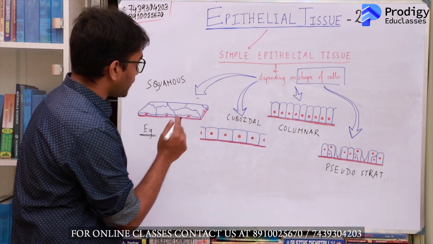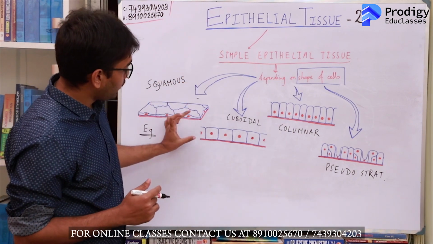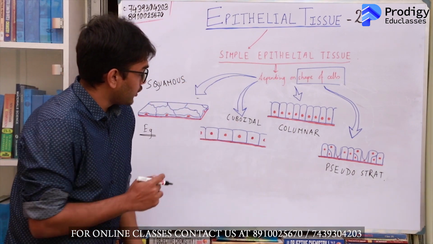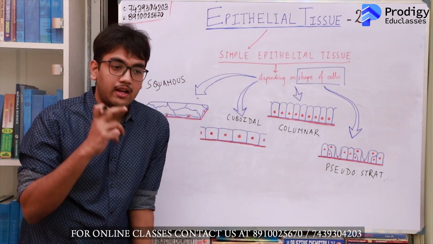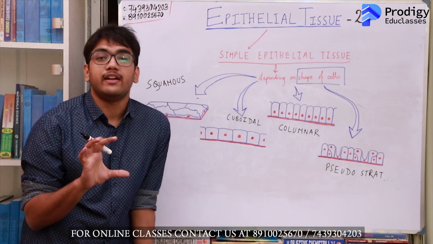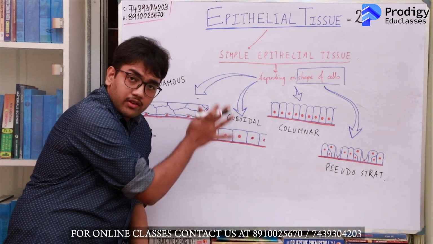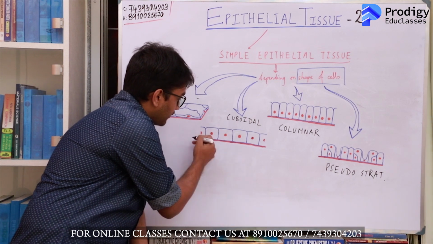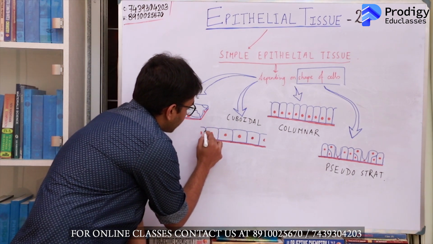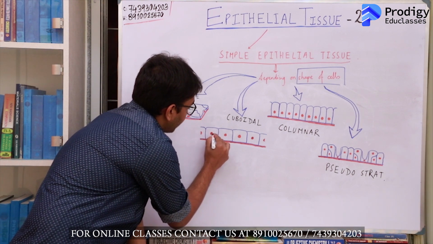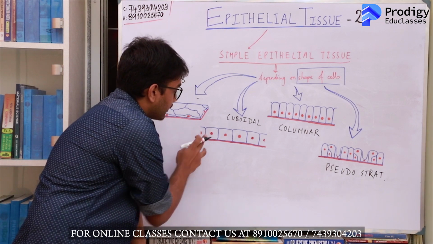Now as you can see from the diagram, I have taken a transverse section. I have excluded the picture from above. So if you look at the simple cuboidal epithelial tissue, you will find that these cells have an identical length, breadth and height, hence appearing like cubes. So in a transverse section, I have eliminated the breadth, so you can only see the length and the height, and you have these cells which look like cubes and have a central nuclei. The nuclei are positioned in the center.